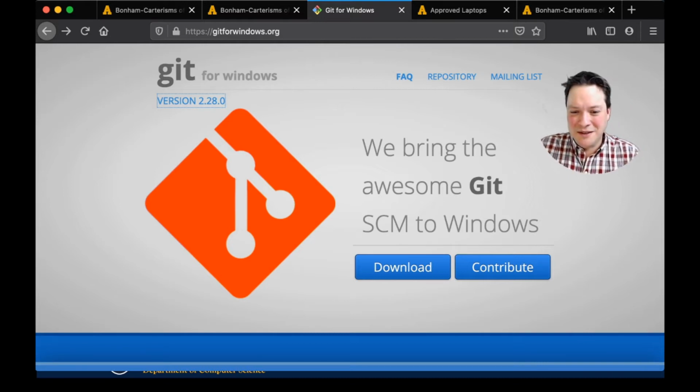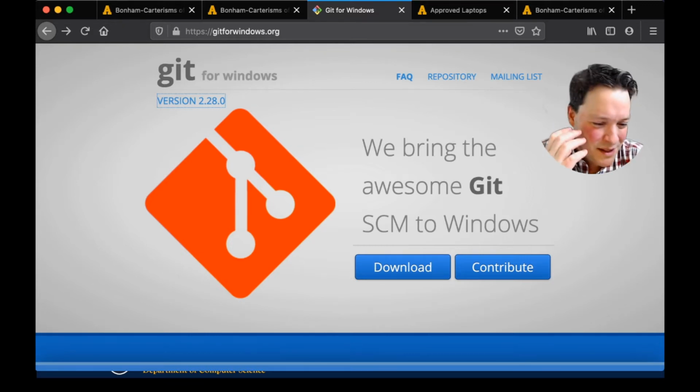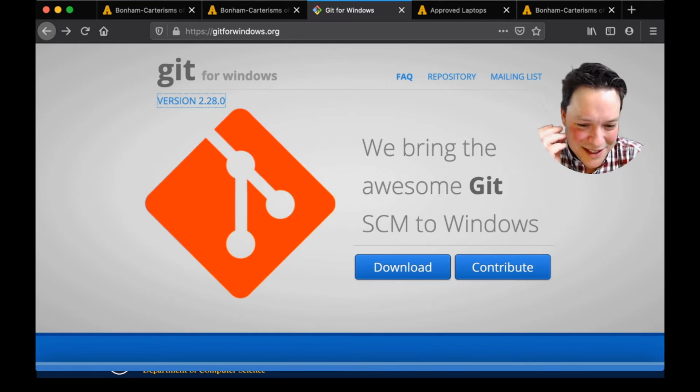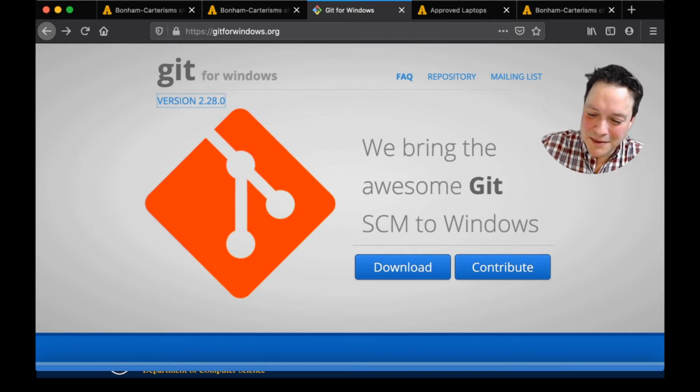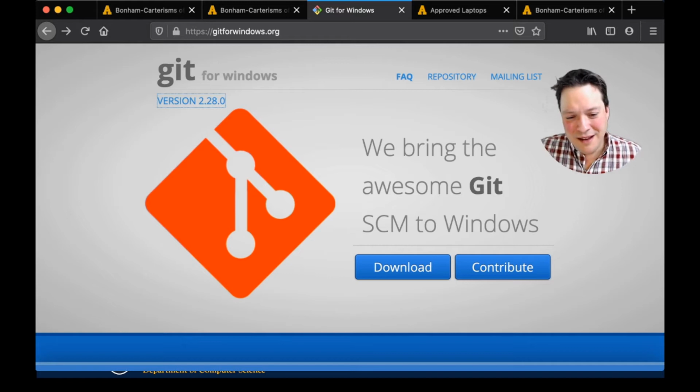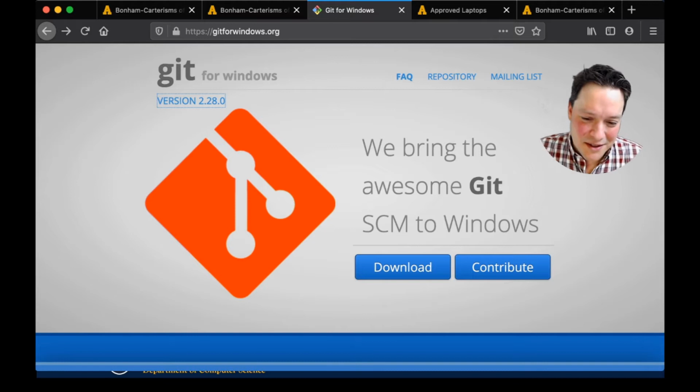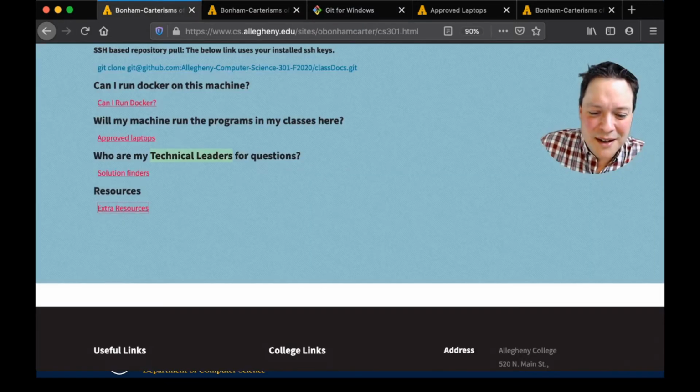But what I would recommend is that if you do have trouble, a little trick that you can do in computer science is you just take the error message that you get, whatever it may be, whether it's from your code or from Git or from who knows where. You just copy and paste that directly into Google and you see what comes up. I know it sounds really lazy, but chances are somebody has put that error message into a forum, or asked a question online and copied and pasted that same error in there, and you're likely to find your answers right there. Anyway, I don't think I'm saying anything that you don't already know.